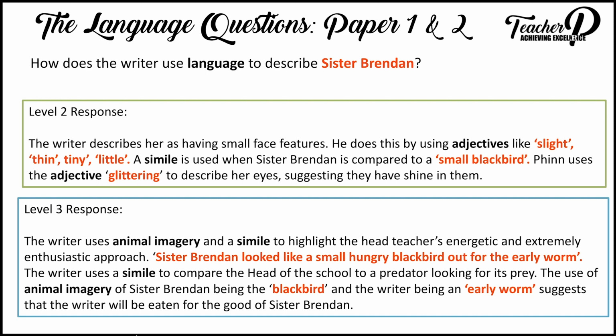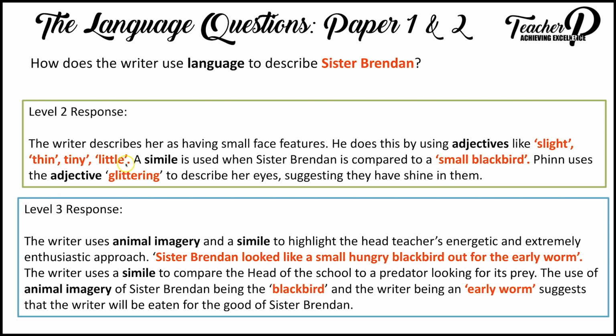Let's have a look at the level 2 response. The writer describes her as having small facial features, so this is their point, all about her facial features and them being quite small. He does this by using adjectives like slight, thin, tiny, little. You can see here that the candidate has named the technique, so adjectives, and given an appropriate quotation. However, they have not analysed these quotations or explained the effect on the reader, or what it implies about